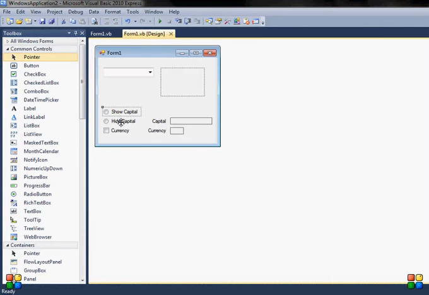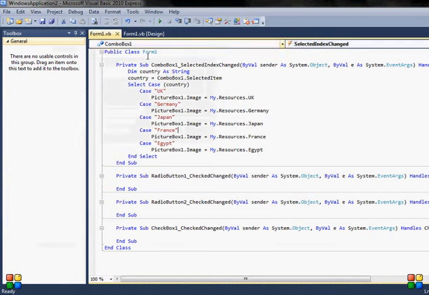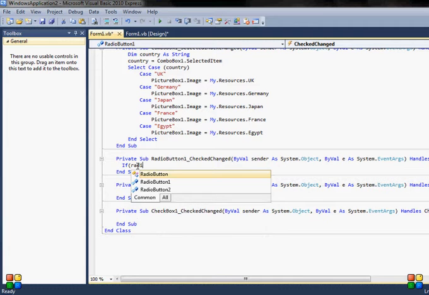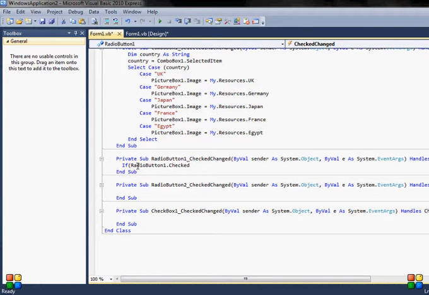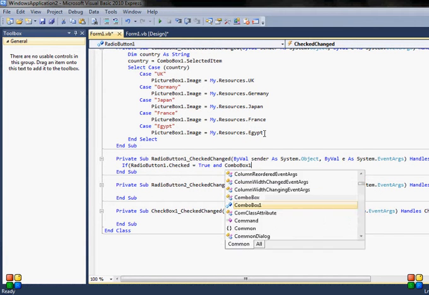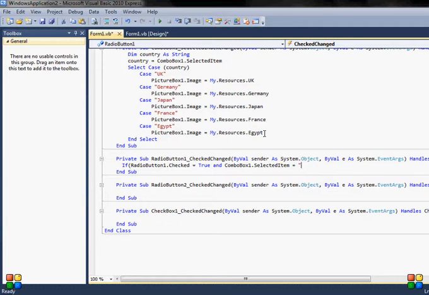Now for the show capital and hide capital. So whenever I click this one, I want the capital of a particular item, I would say country, to be shown in this label. So what I do is just go here and I will say if statement. So I will need if statement. So if radio button 1 dot checked is equal to true, and because I need to state 2 conditions, for this one to be true, to be checked, and this one because I need to know the country which one we choose. So I will say combo box dot selected item is equal to, let's say first of all UK,